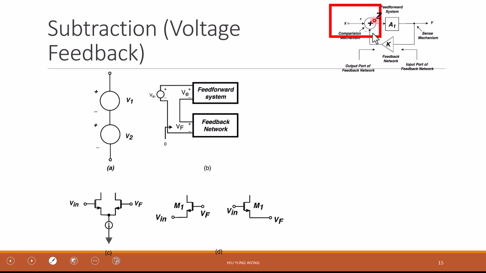Okay? Then how do we do the subtraction? How do we do the feedback, right? For voltage feedback, we just discussed. Can I do feedback by putting two voltages in parallel? Can I do this, so that I can do V1 plus V2? No, right? It doesn't work. This is wrong. It needs to be in series. So what do we do? We have a common node, and then we will have this feedback going in series with the